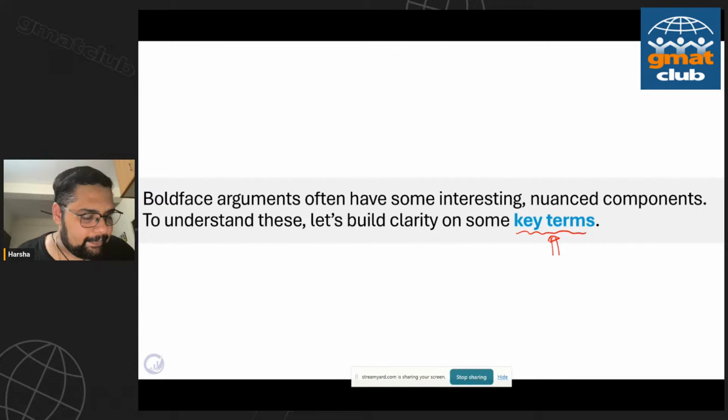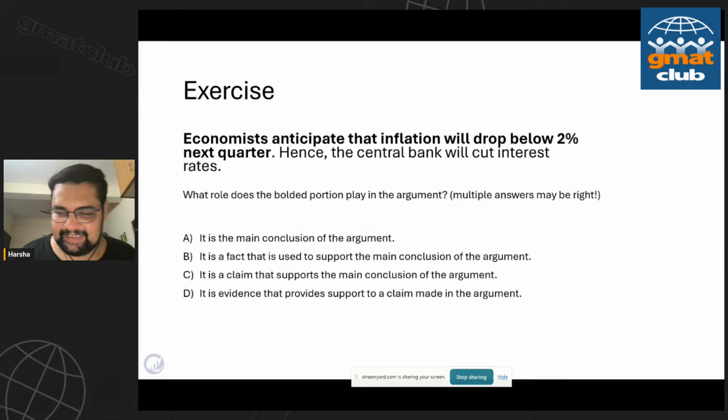Meanwhile, quick feedback. Is anything not clear so far? I'm just going to take 30 seconds to get your feedback. Are you with me? Am I going too fast? Am I going too slow? Just let me know. Bear with me a little bit for the theory, because boldface does have a certain level of theory. I imagine with the next session, strengthen and weaken, there's not going to be much theory, it's just solving problems. But today there is a little bit of theory. Bear with me. Clear till now? Clear. Thank you. That's great.